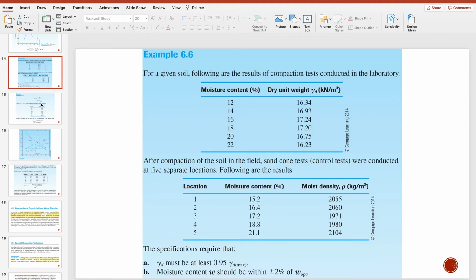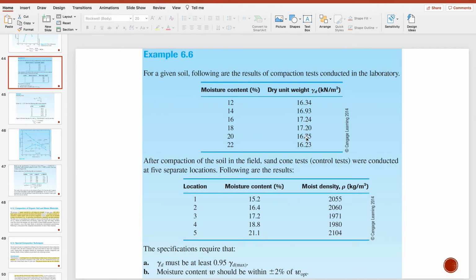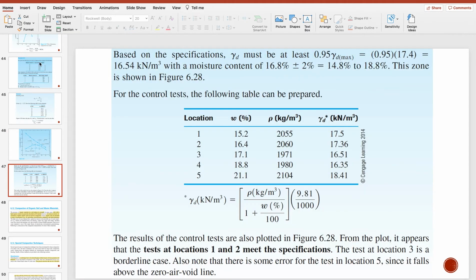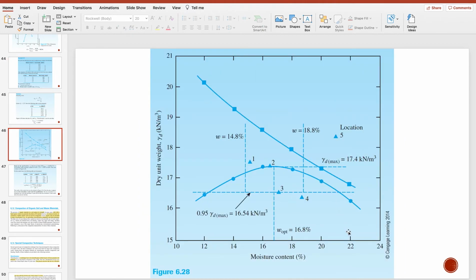18, 17.2, next, 20, 16.75, and for the 22%, that is 22, 16.23. Now,